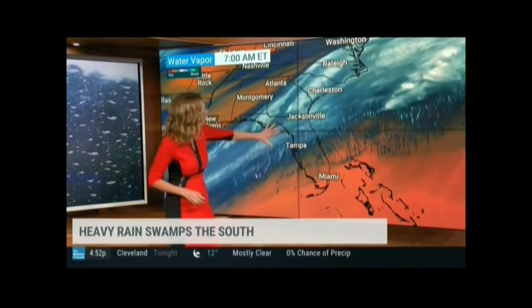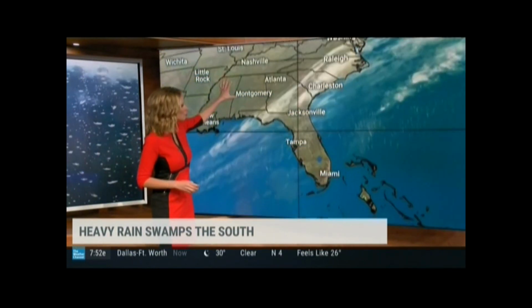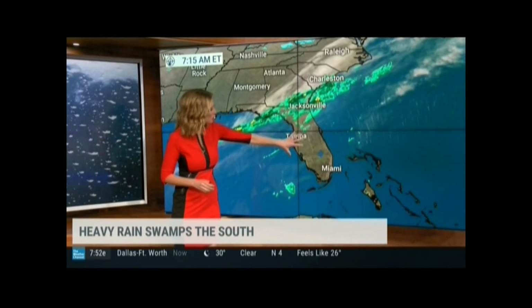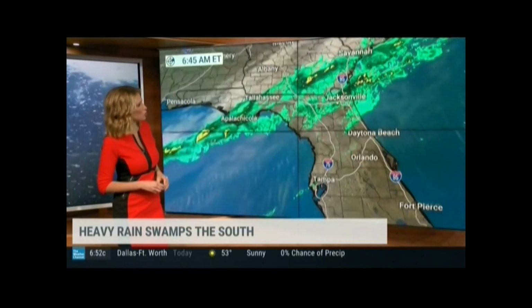You can see that moisture behind it. It is a lot drier. That's indicated where you see the red on the map. That is the dry air coming on in. Sharp front here, but Jacksonville, you're still seeing the showers, some clouds overhead there into Tampa, southeastern portions of Georgia,